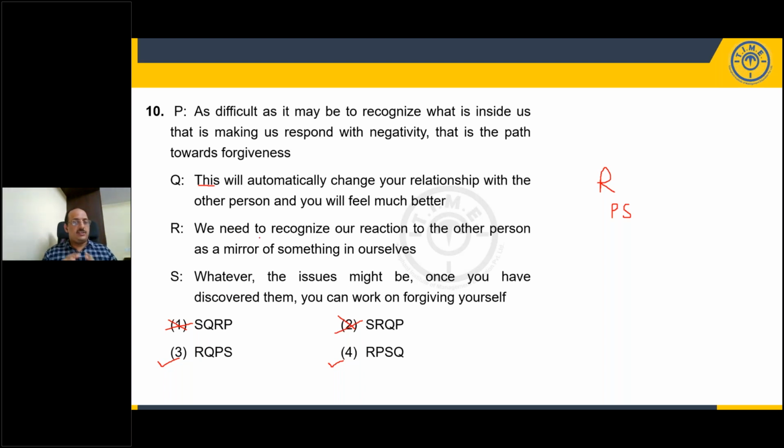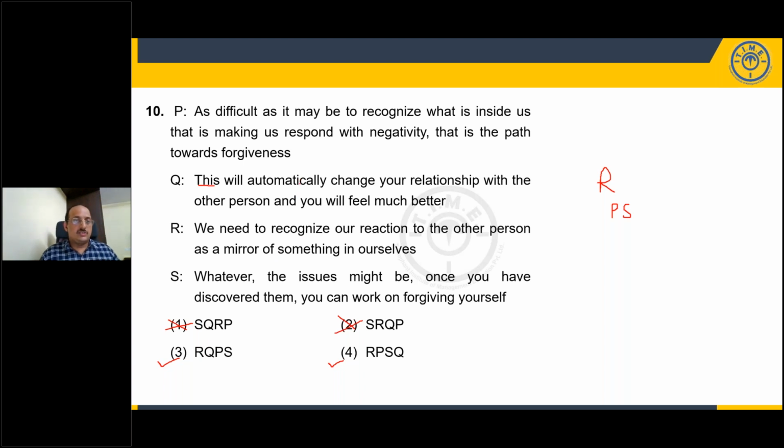Now, if you see, we need to recognize a reaction to the other person as a mirror of something in ourselves. This will automatically change your relation with the person and you will feel much better, as difficult as it may be. But look, P and S are elaborating on R